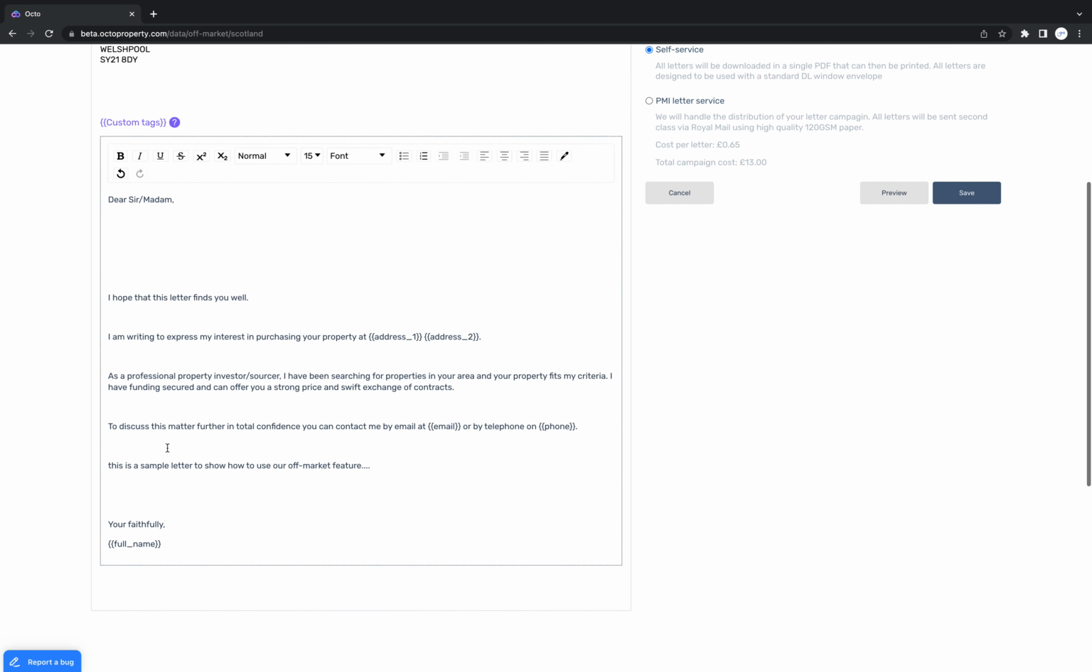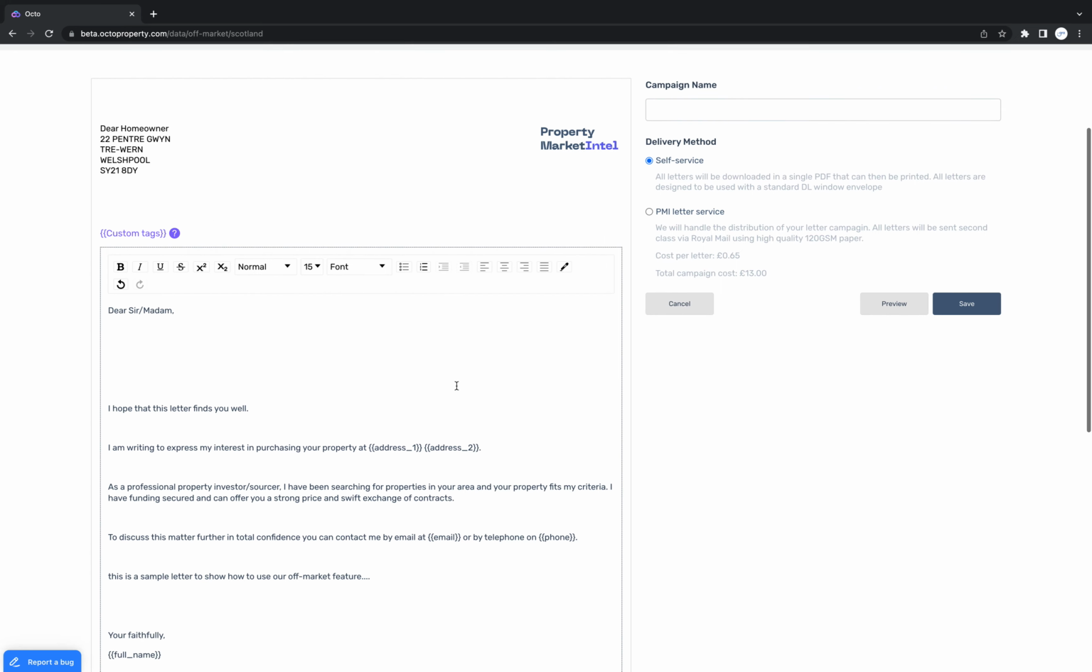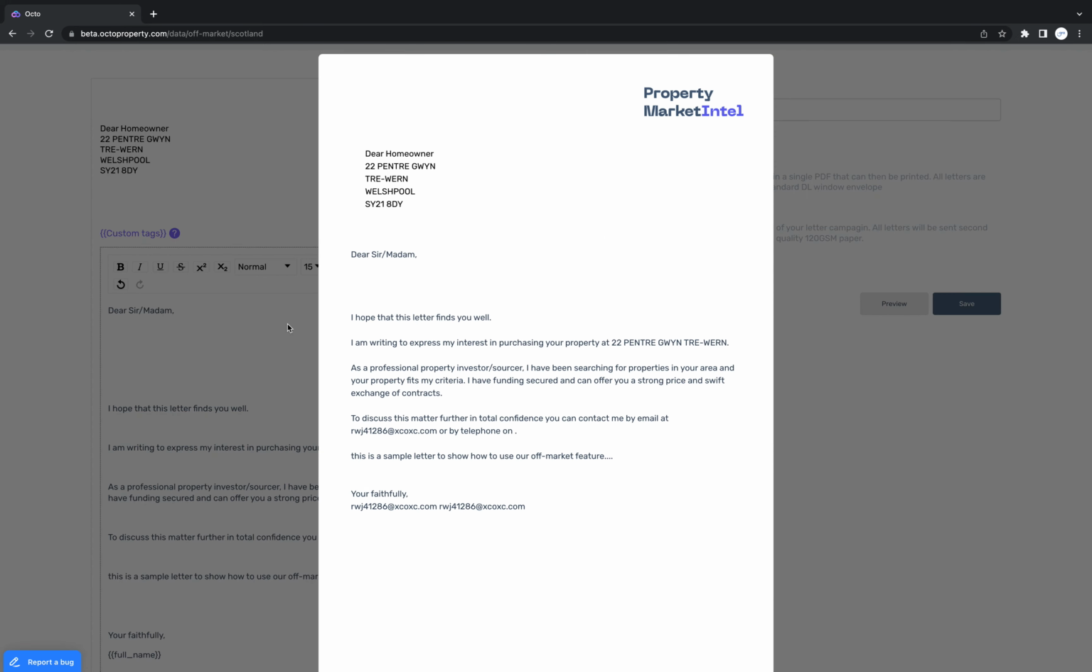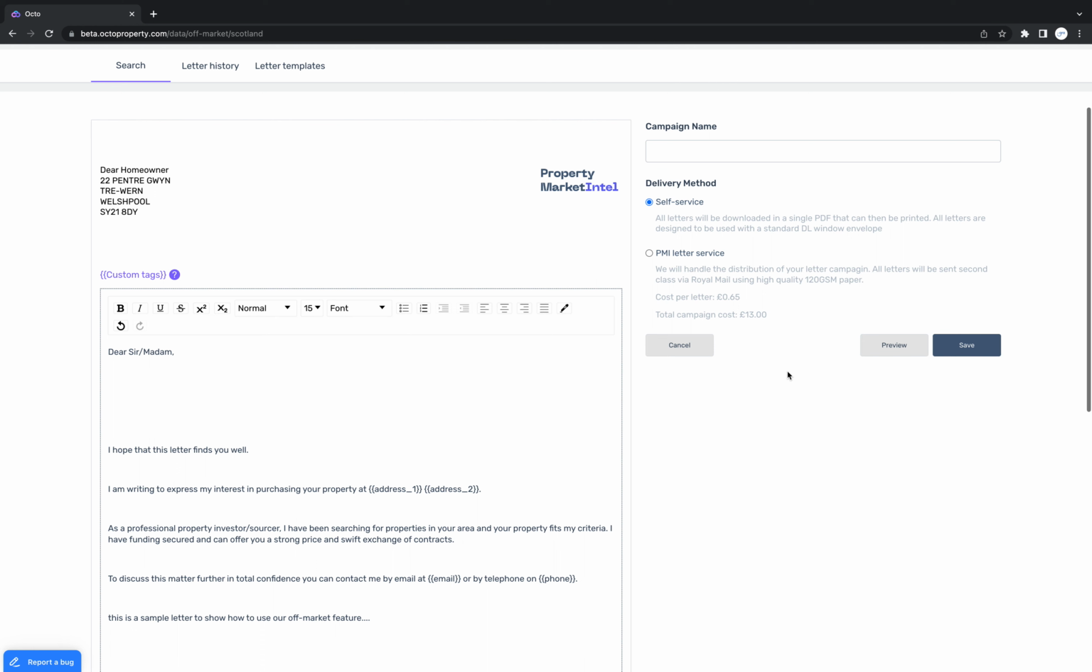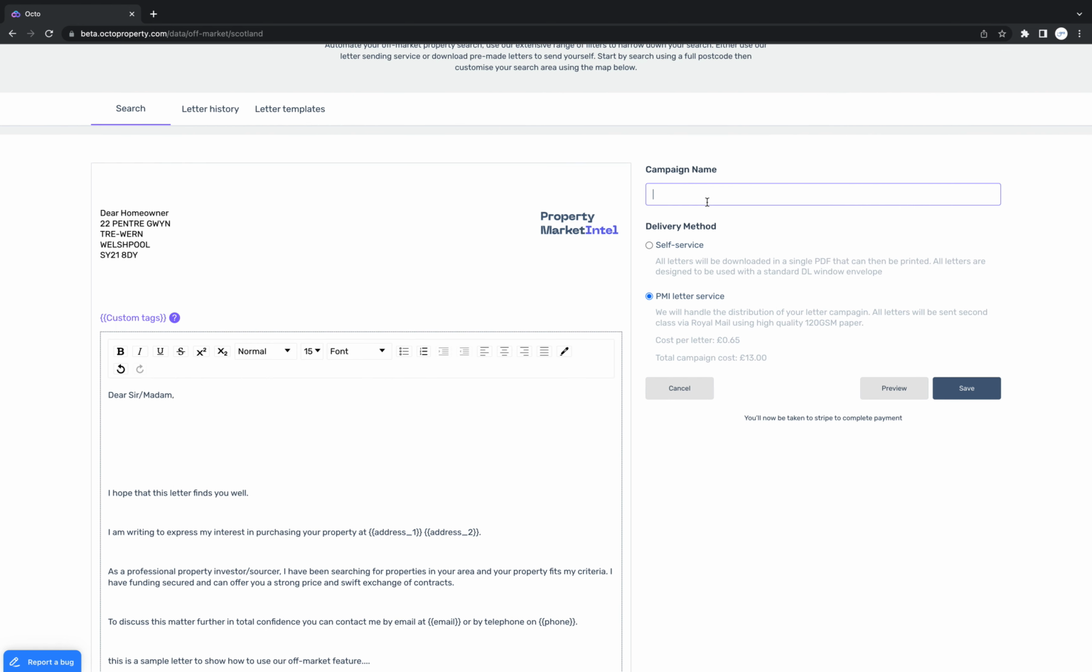Once you have your template perfected, you can then press preview, which will let you preview the letter, and you can then press either self-service, which will download a PDF of all your letters that you can then send at home, or you can do our letter service, which will take you to Stripe, where you can pay for the letter. We recommend adding a meaningful campaign name, so for example, G12